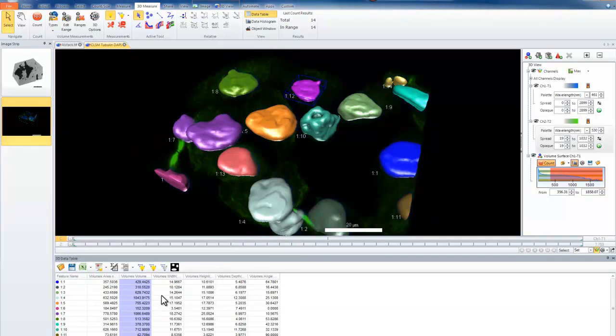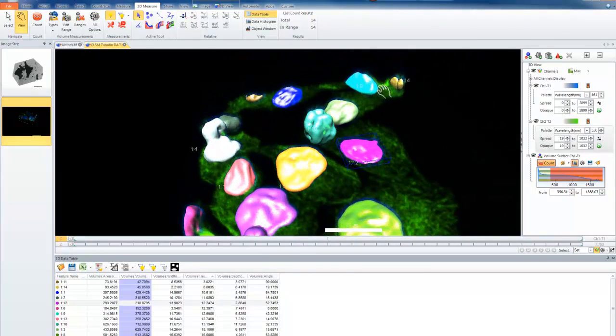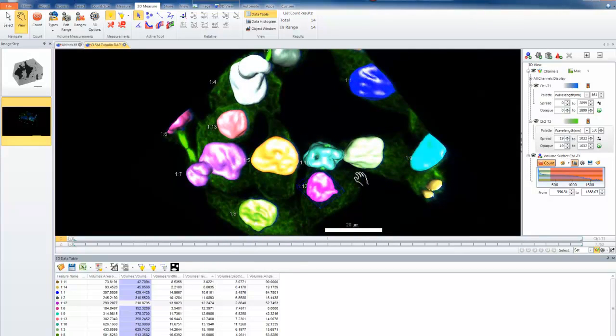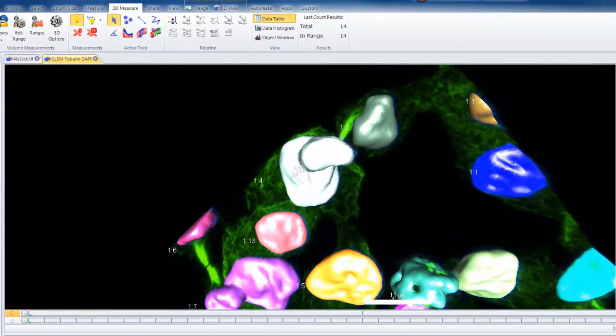If I need to sort my data table, each column can be sorted individually. I can interact with my image by clicking the V button and then moving using my navigation tool to visualize all of my objects. If I have a particular object of interest and I want to create a manual measurement to, say, measure the surface area and some linear distance across it, I can do that as well. I'll choose Shift and I'll pan. Zoom in on this object that I have interest in